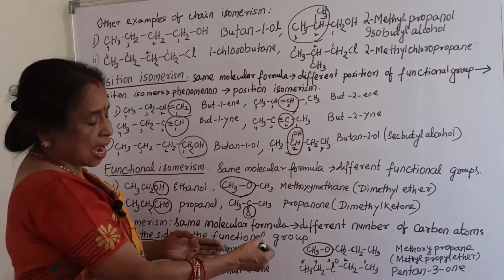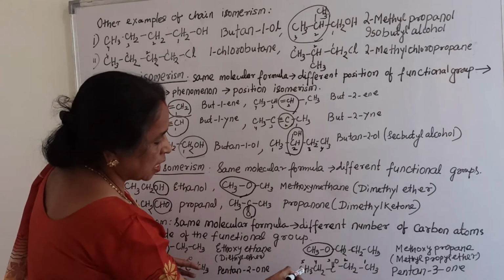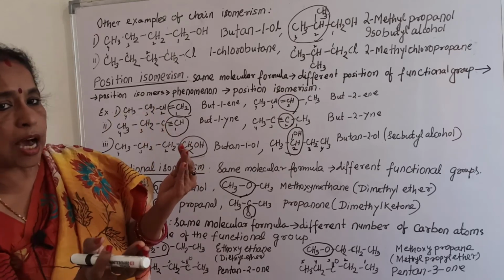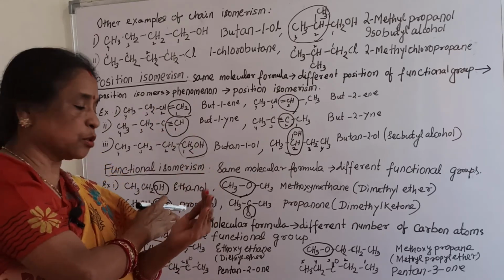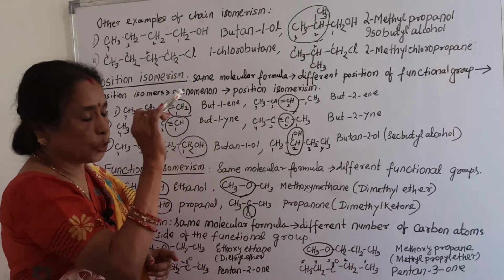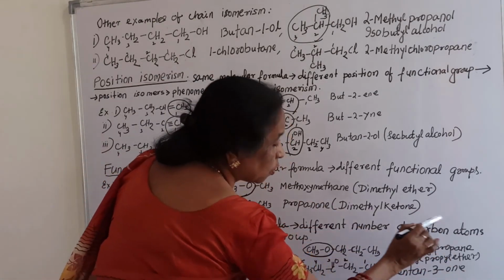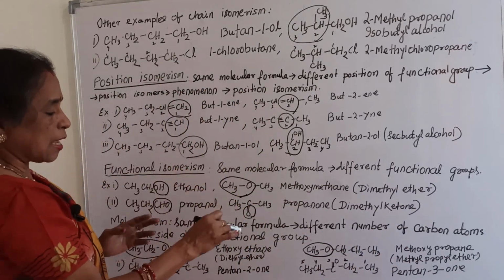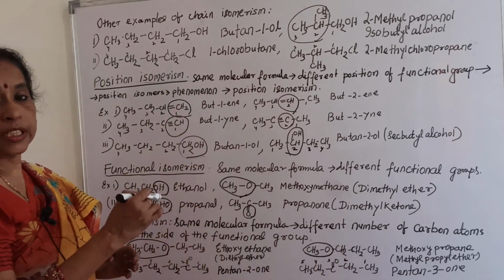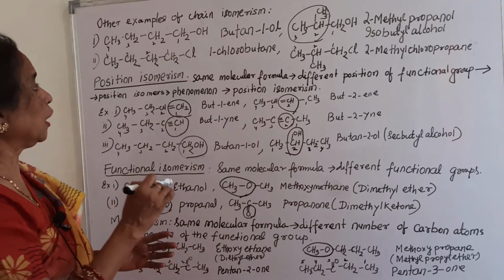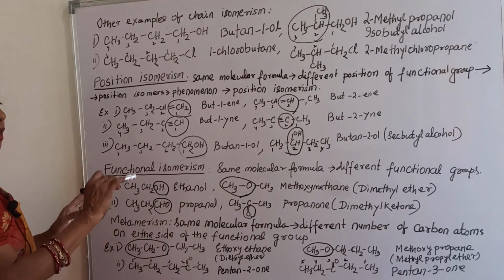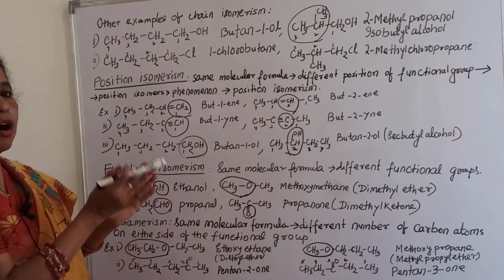Then comes its metamer. What is that? This side ethyl group, this side ethyl. So right side 2 carbons and left side also 2 carbons. That is why its name is, 1, 2, 3, in the 3 position keto group, pentan-3-one. Pentan-3-one. And both sides ethyl group present, so the common name is diethyl ketone. Diethyl ketone.